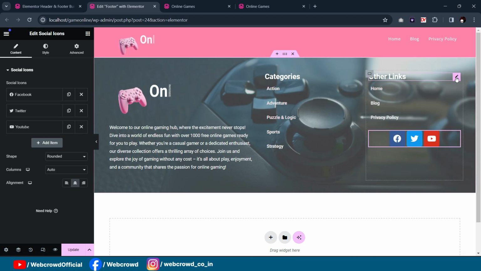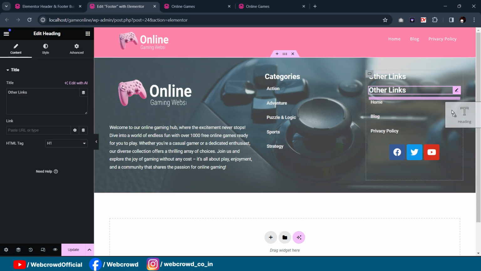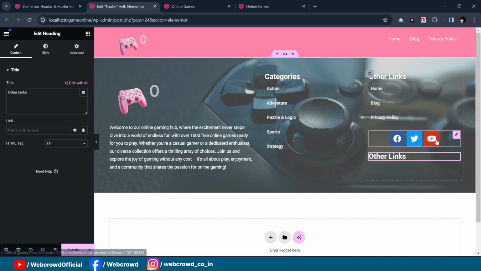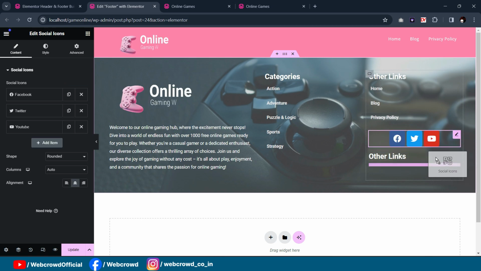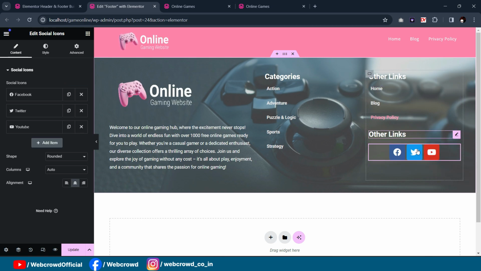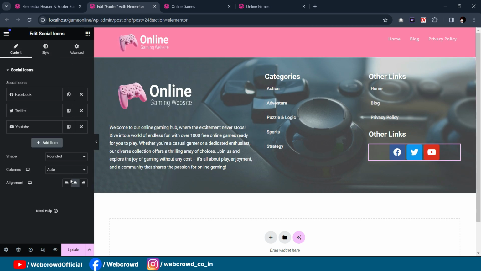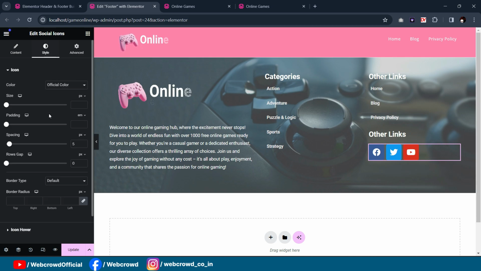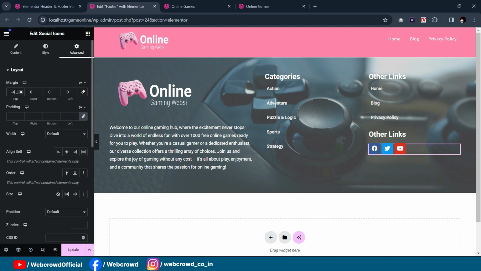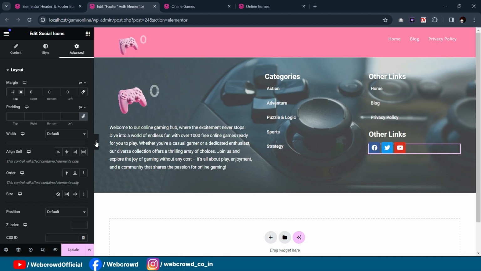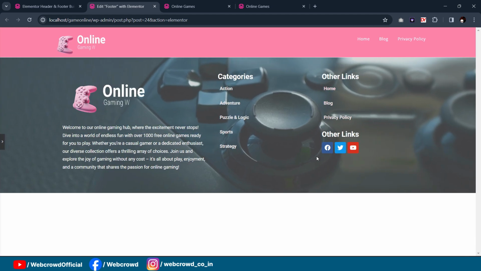First of all, just copy or duplicate this title, bring it just below the menu, and bring these social icons just below these links, and align these icons on the left hand side, and make them a little bit smaller, and change the margin from the top side. That's it. So our footer section is ready,